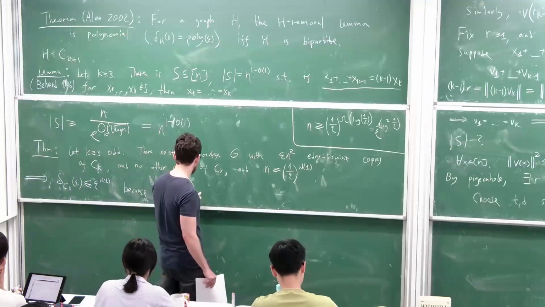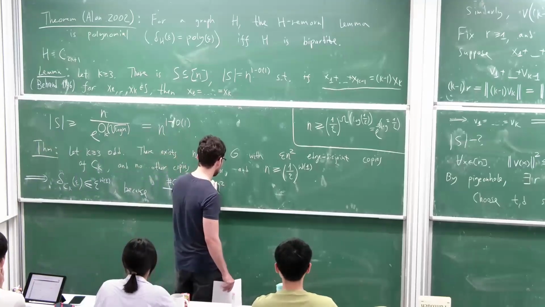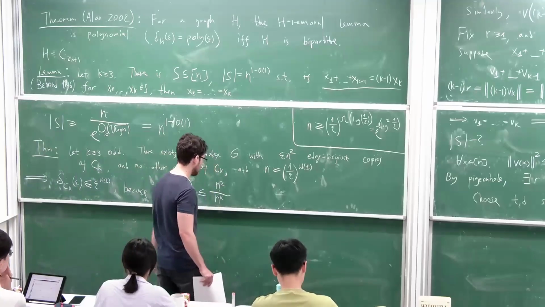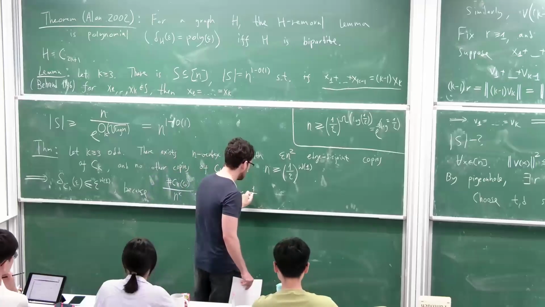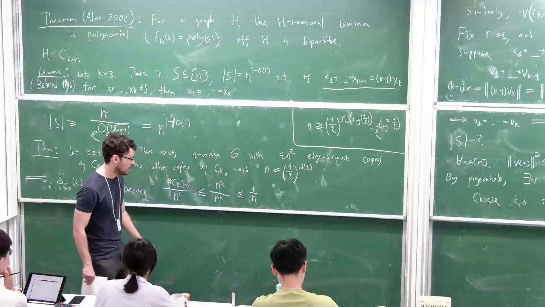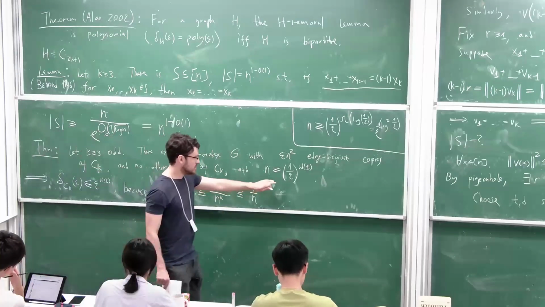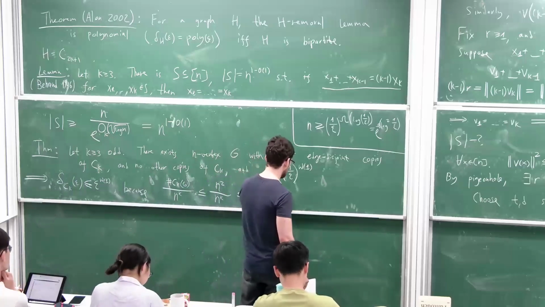Then all of these copies are disjoint, so I can have at most n squared of them. And here n to the k. So in particular, this is at most 1 over n. But n is bigger than this, so this is at most epsilon to 1 over